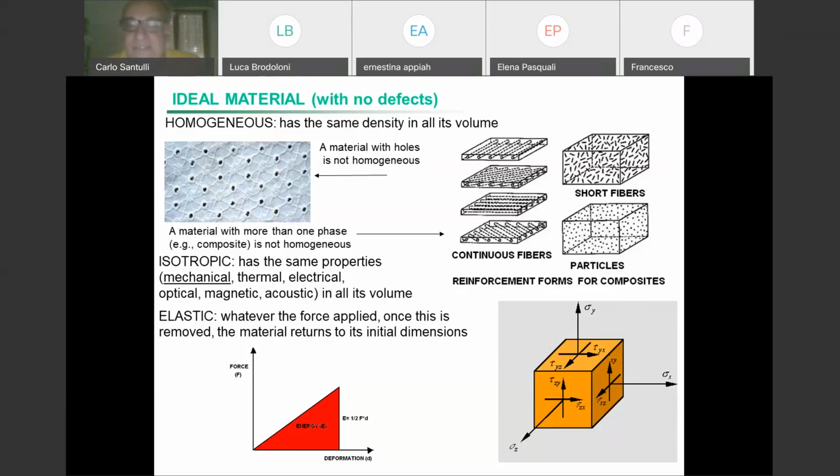In reality, he didn't find it because he used wood, and wood, once he removed the force, got inflected, and then it wasn't clear at all that there was this precise, linear, I would say, relation between force and deformation, because wood got a bit plastic during the time that Leonardo pulled it.